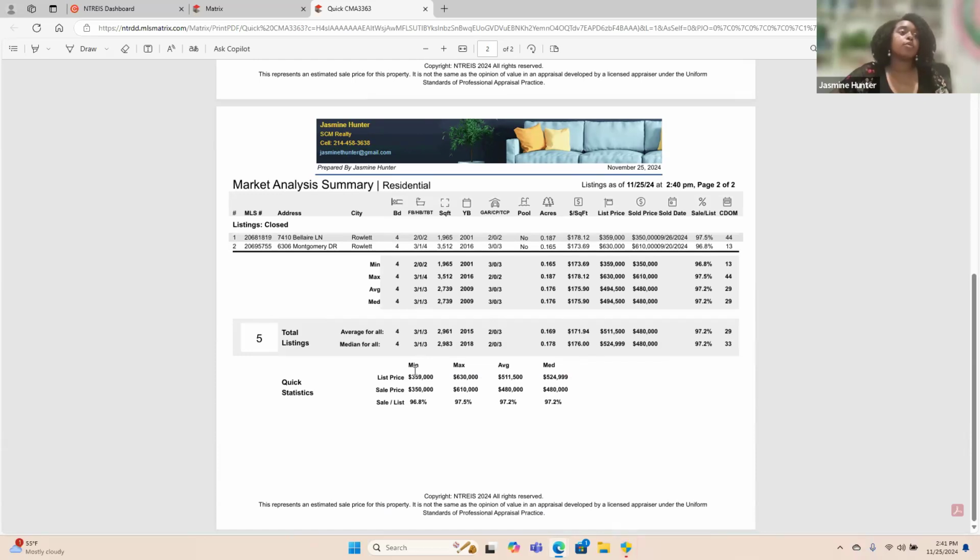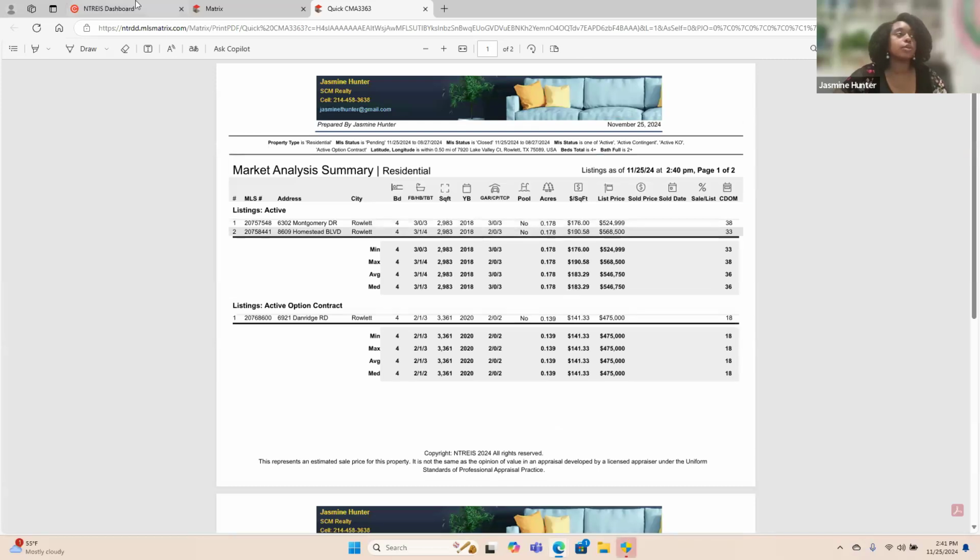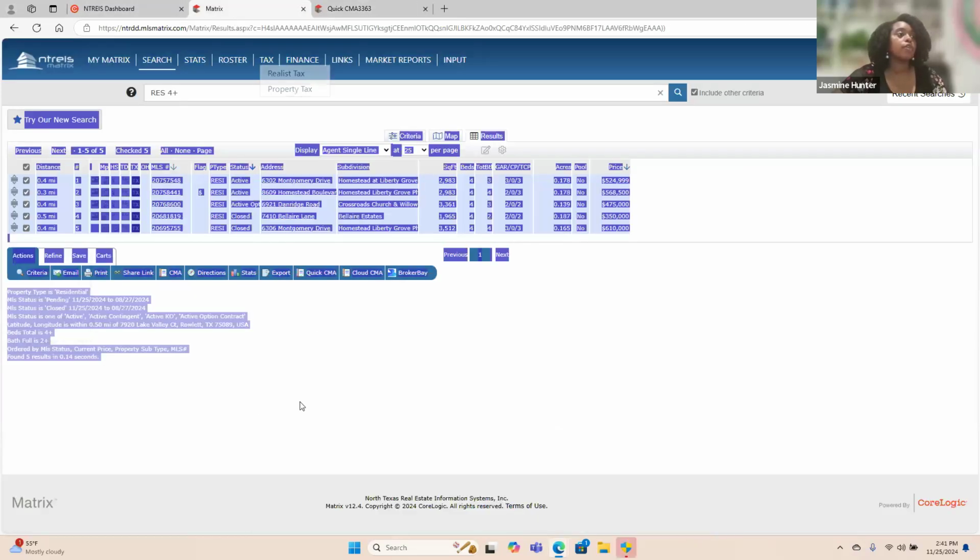If you had a 4 bedroom, 2 bath house in this area, the median price, the average price that it's actually going to be listed at is here, 524.99 or 511, or the max at 630. But the actual price that it might sell at is the 480, and this one looks like 610. And it even gives you a percentage rate. Okay. And it tells you your days on market, all of that. So this is just a tool that you can use on your listing appointments. Now, if you go back to